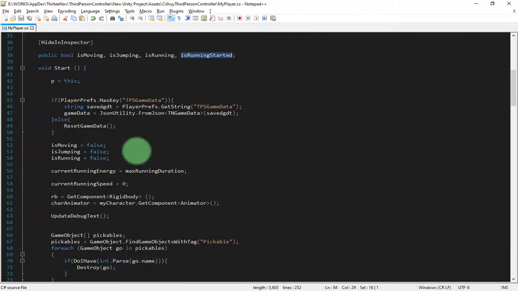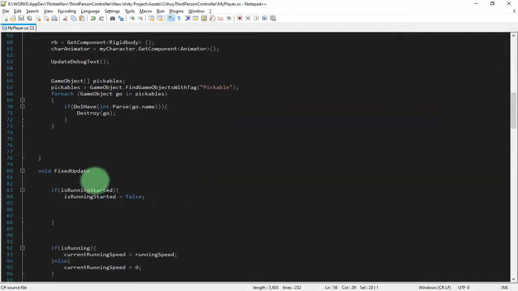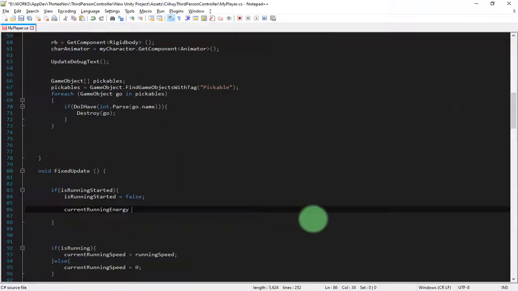I have this variable, which is runningEnergy. I copy and paste it here, and for each second I will reduce the running energy by Time.deltaTime.